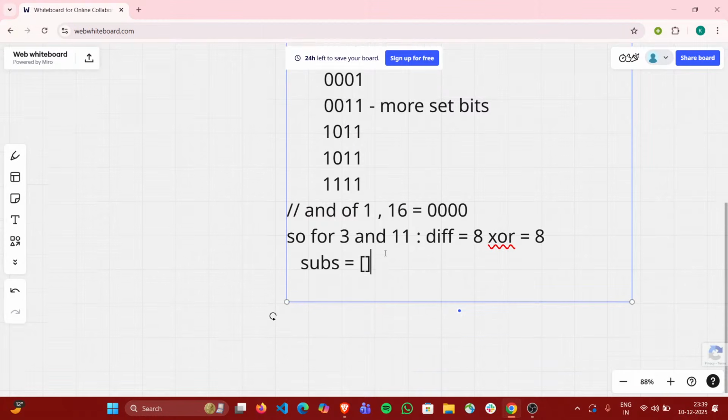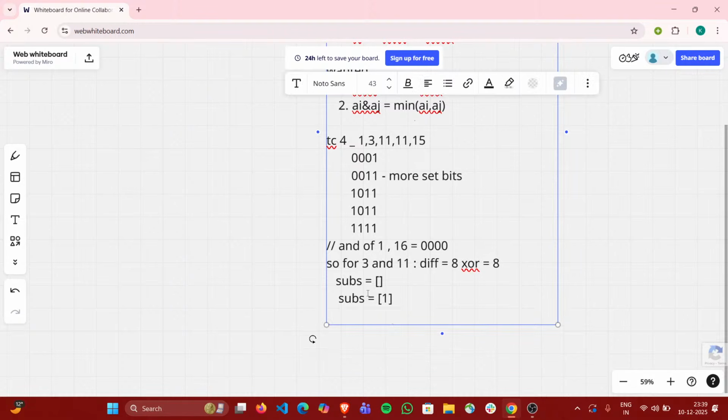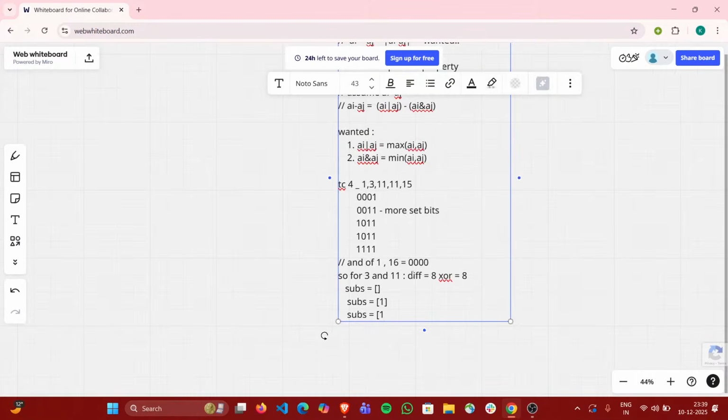So as I told you, initially the subsequence was empty. Can I insert three? Can I insert one? Yes, because it is empty. There is no condition. Can I insert three into this? Maybe I can, maybe I cannot. So there will be two cases right now. I can insert or I cannot insert. If I insert three as well, I will get a subsequence as 1 comma 3, and